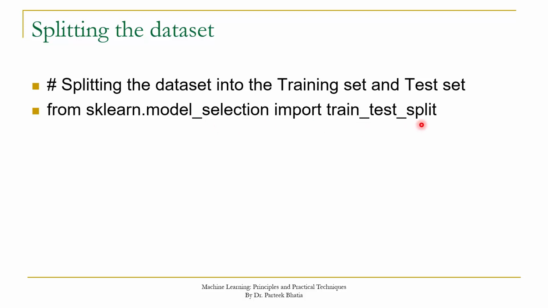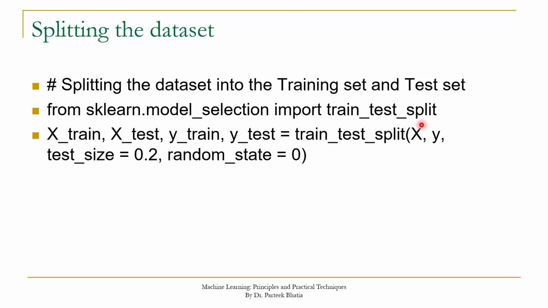In this method we have to pass 4 attributes, and here the attributes are x, y, which are our data variables which we wish to split. So in this case x will be split into x_train and x_test, while y will split between y_train and y_test. Here we are specifying the test size as 0.2 and random_state equal to 0.